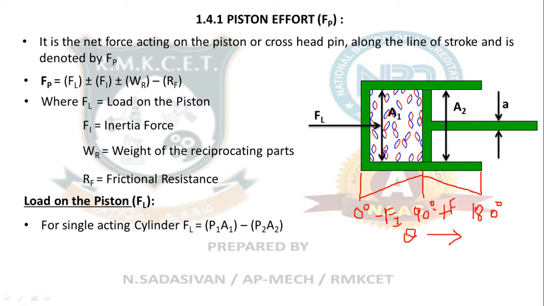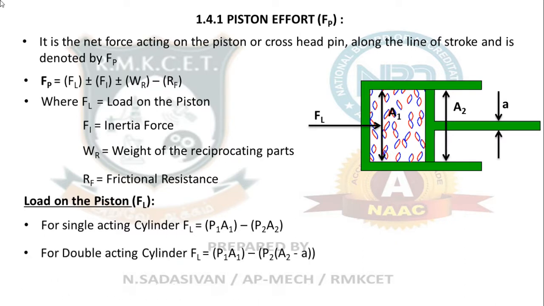From here to here piston is decelerating, therefore I get a positive inertia force. Very simple clue for this. Always inertia will try to do the opposite of your actual movement. Your actual movement is increasing, inertia will decrease. Your actual movement is decreasing, inertia will increase. So the opposite sense of symbol is to be chosen. That is why the formula gives you plus or minus. Okay, so I think that sort of explanation is enough here.